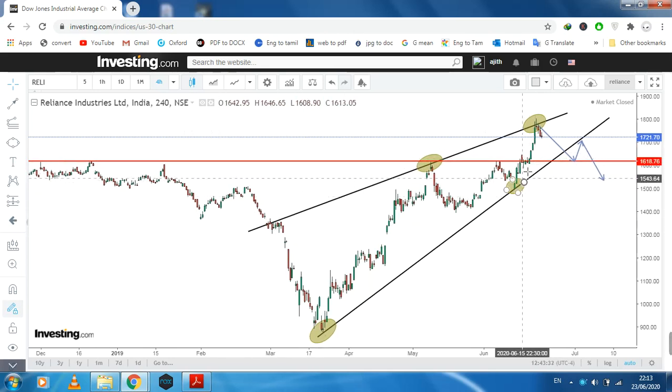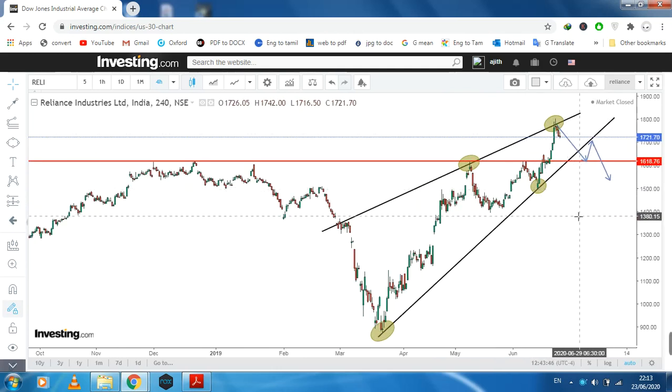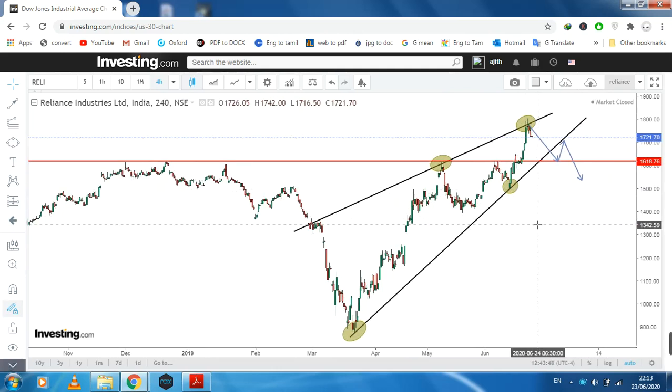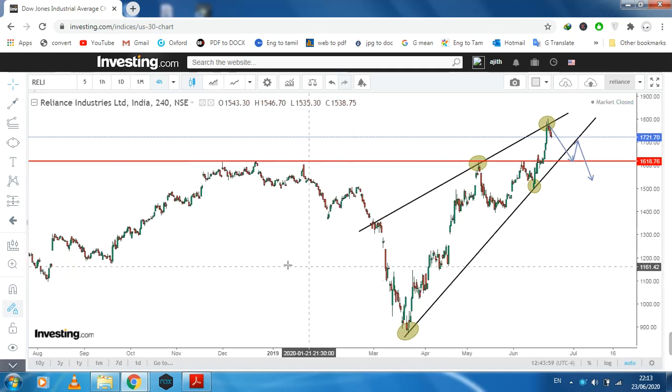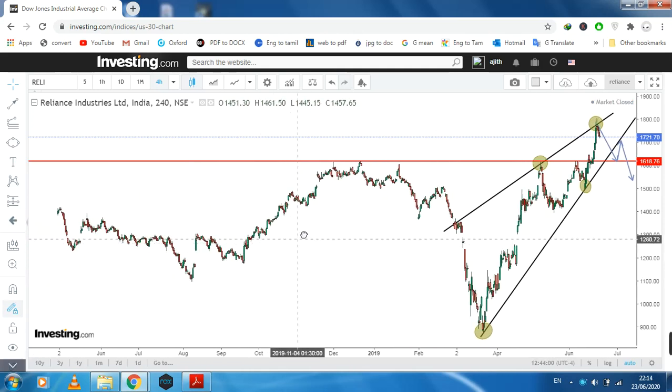So the fifth time is a breakout, but again the market is coming down from this breakout, again has a retest, and again can have a chance to break downside. So we have to consider this breakout. What are the possibilities of this breakout happening? We need to check that first of all.